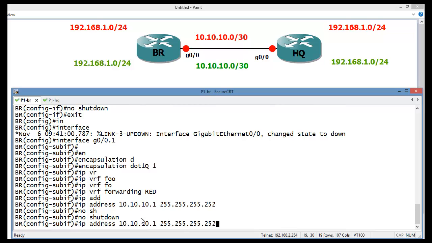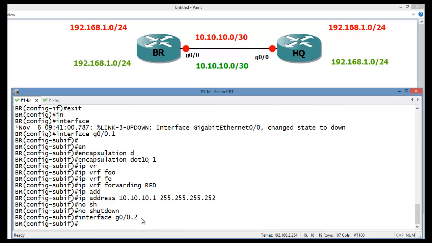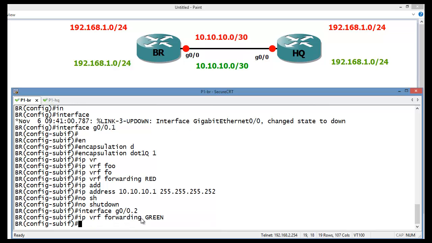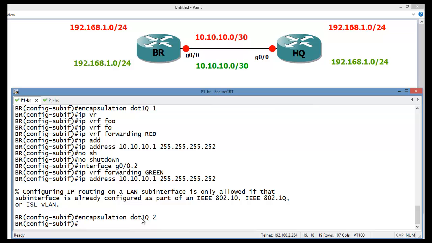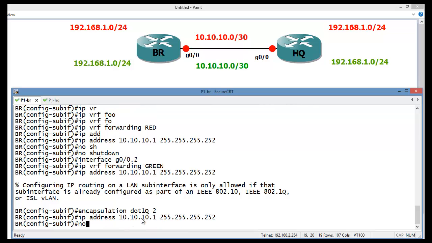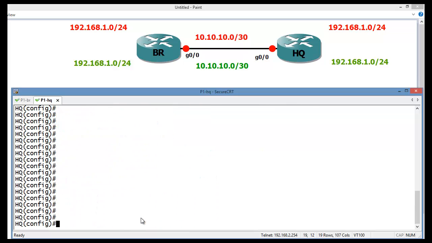This is a sub interface. Actually you don't need to run the no shutdown command, but right now I'm going to execute it. So this is the green one, and the same IP address. Oh, I need to provide the encapsulation first. This is 2, and then the IP address. Okay, there we go. Hop over to the HQ router, and first I would like to configure my gigabit interface, no